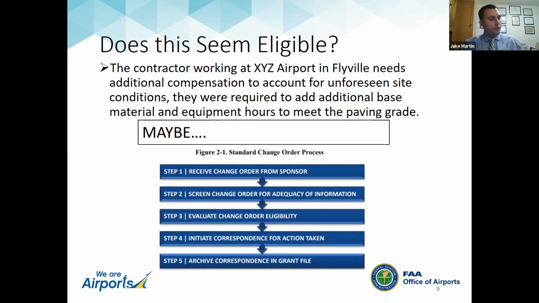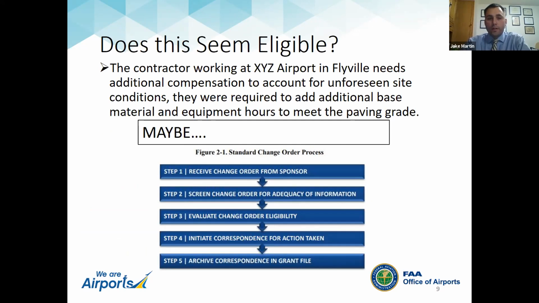So here's kind of an example of what I sometimes get from the field out there. A contractor working at XYZ airport needs additional compensation to account for unforeseen site conditions. They need to add additional base, and they have equipment hours to meet the paving grade. So this might be eligible, but if I get a statement like this, I can tell you right now